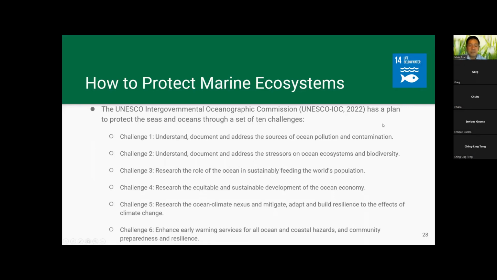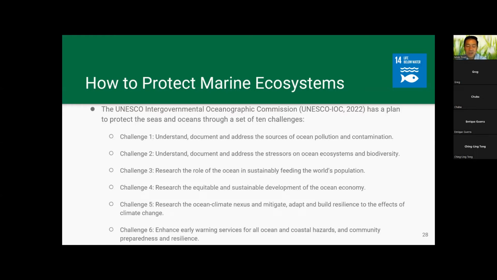So how to protect marine ecosystems? A lot of it, contrary to land, is to understand and research. Why? Because we don't understand everything about the seas and oceans, right? For land, we invested a lot because it's just there and we need food. So we invested a lot, right? But to understand the oceans, the research is far behind, right? So now what they suggest is to understand the stressors, what causes stress in the ocean ecosystem and